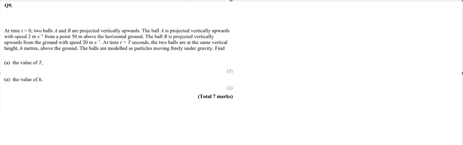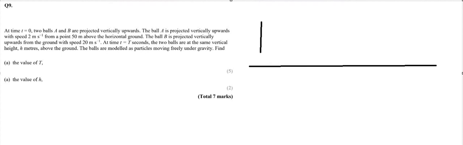Okay, so here's one of the questions that came up in the homework. We've got two particles being launched from different positions. So let's put the ground in, and then we'll put one in that's 50 meters above the ground. This is the ground. Okay, so this is point A, and